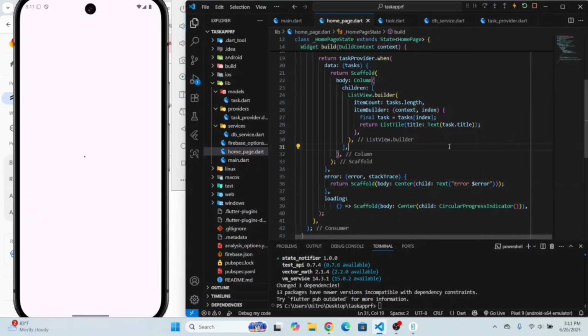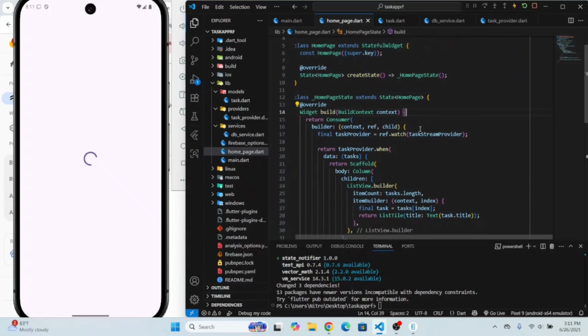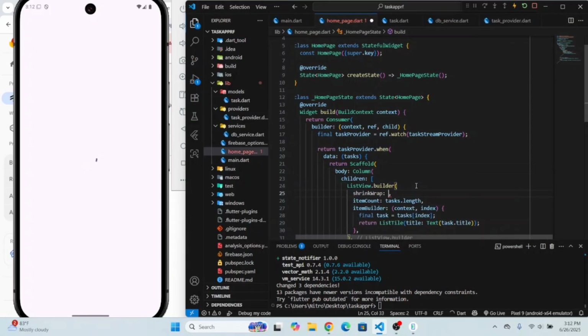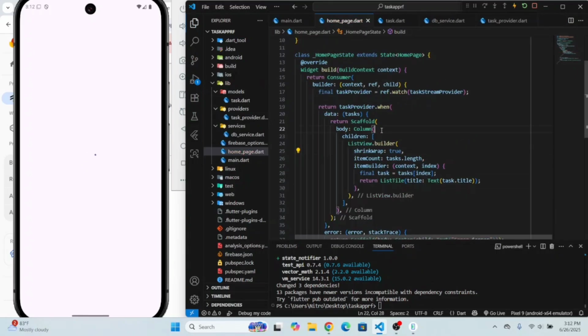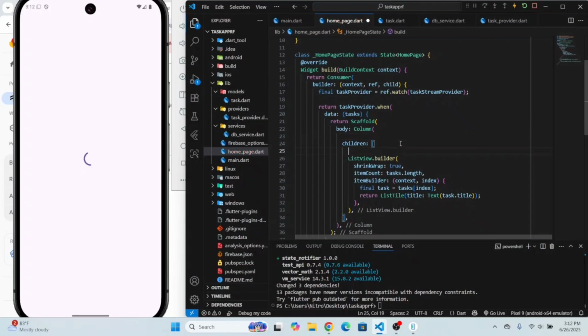You can now save it here. Here let's make your shrink wrap to true. Here, let's create elevated button,